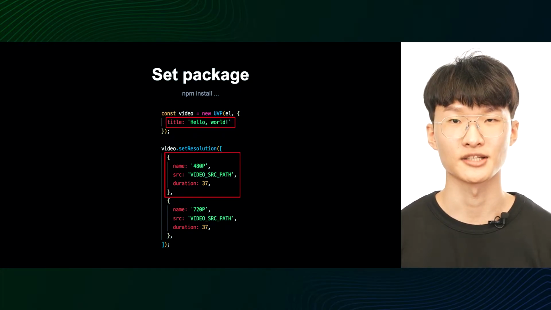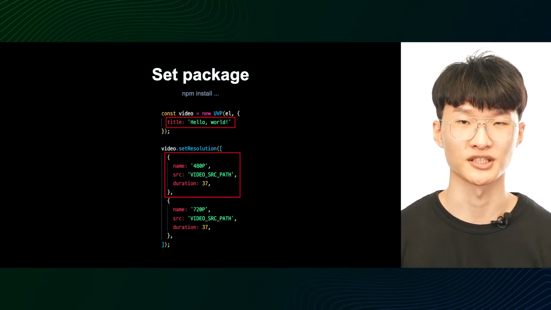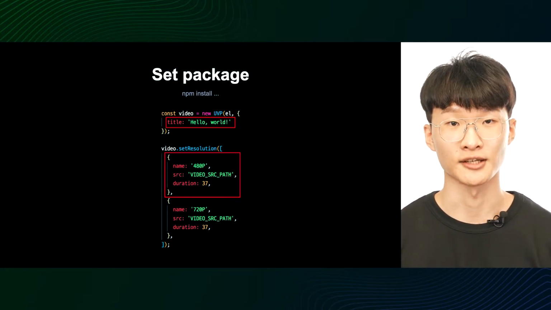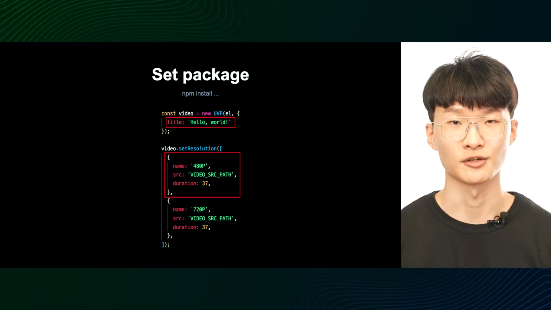And when the developer uses the set resolution method, the user has to know what object array has to be provided in what argument. After understanding all of this, then the developer can start applying UVP to their project. The user has to go through all of this process to add a simple UI component, and during this process,